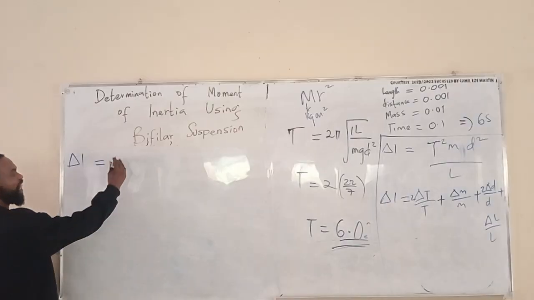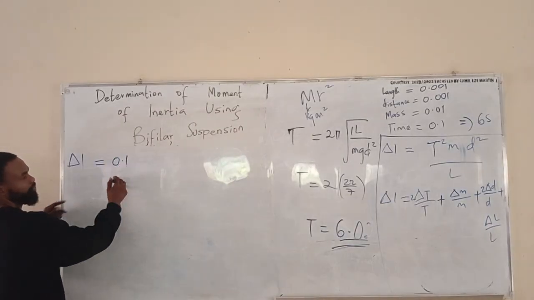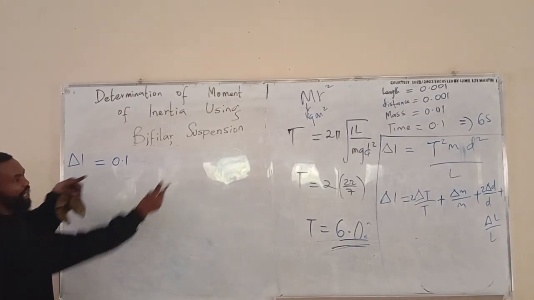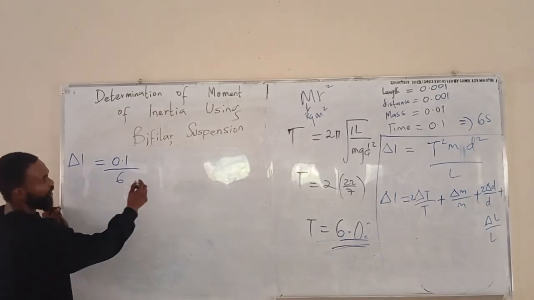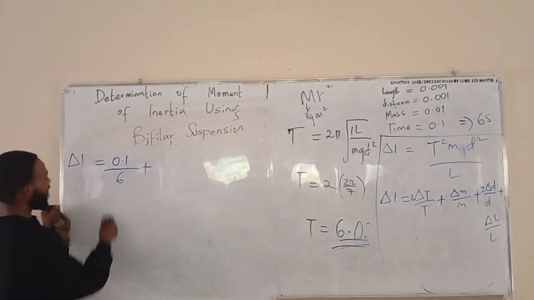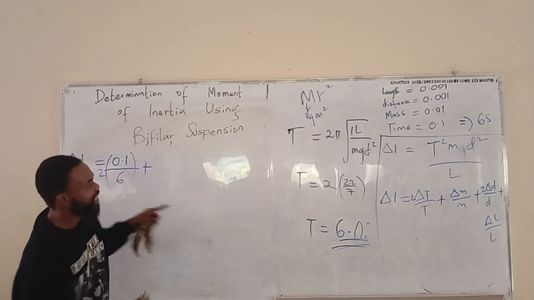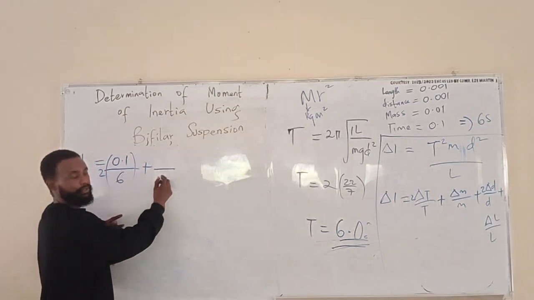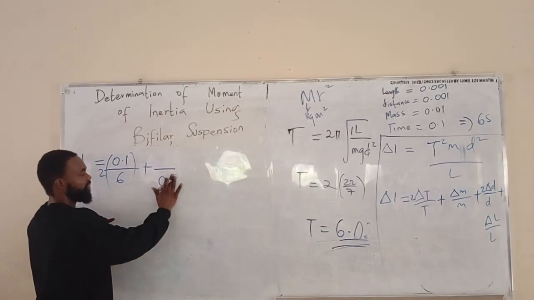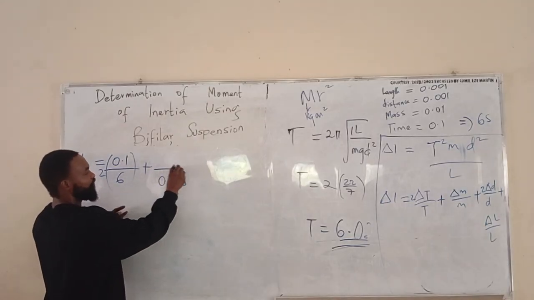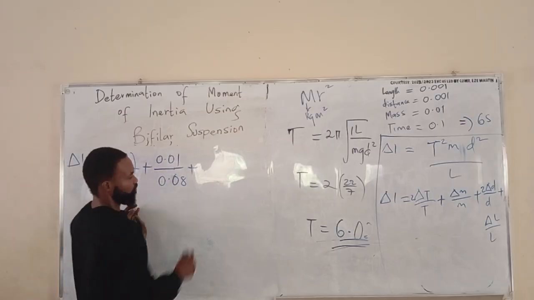I am the first. Changing T now. What do we get as our changing T? Changing T is 0.1, that increment, all over the T, which is 6, Shabi? Two times, everything times 2, yes. Plus mass. What do they give us as mass? 0.08. Then the change in mass is what? 0.1. Okay. Plus